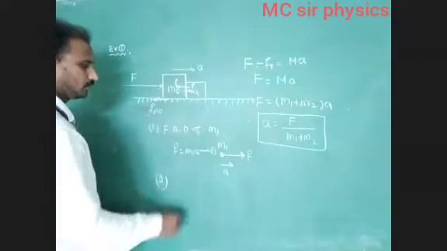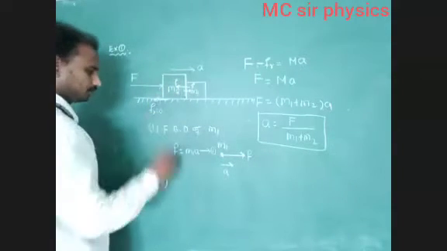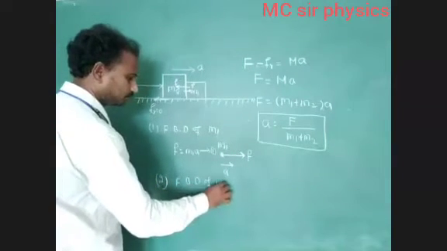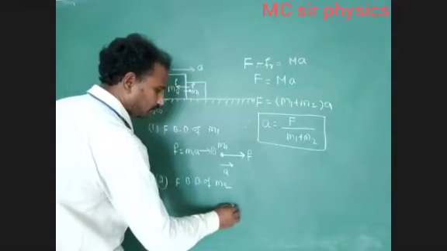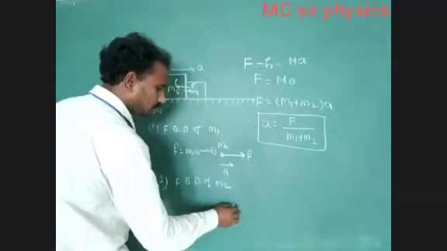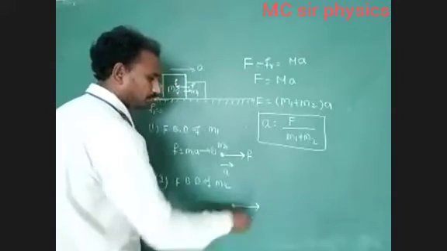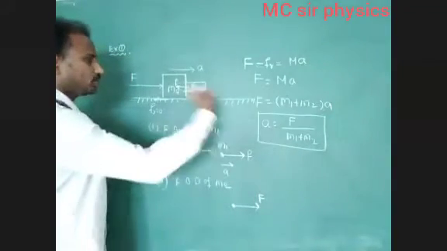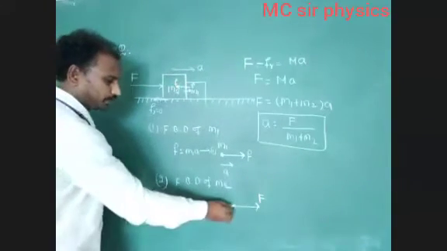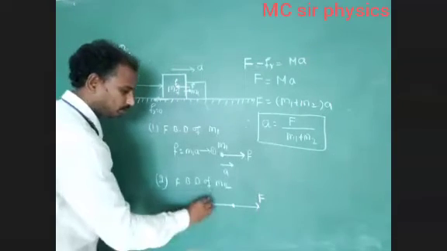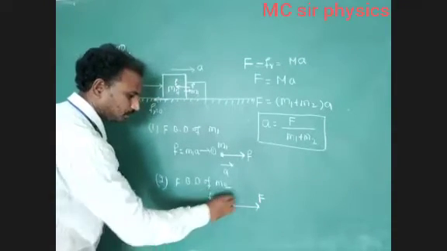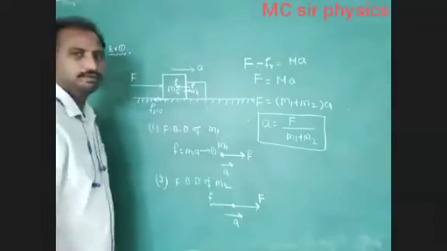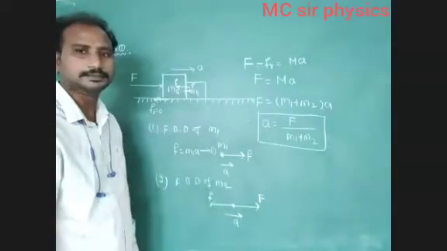The second condition: we have to draw the free body diagram for M2. Draw the total mass of the system as a point mass. We represent the external force, the applied force, as capital F. But the contact force small f acts on the M2 body opposite to the direction of the applied force. What is the acceleration of M2? We consider the acceleration along the applied force direction.